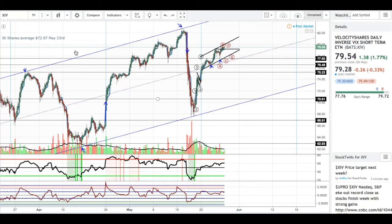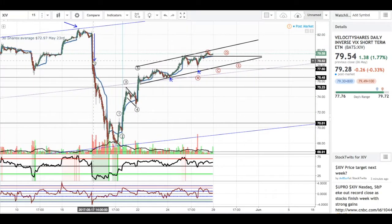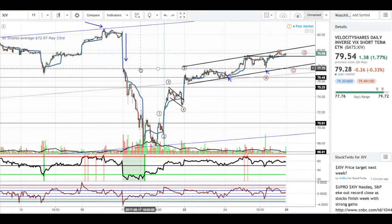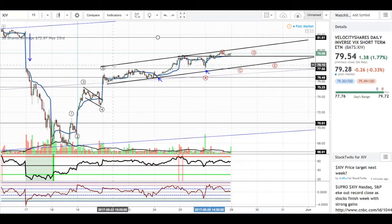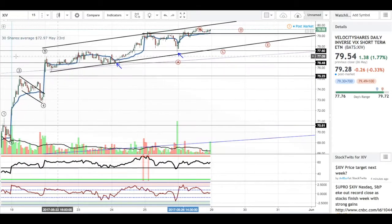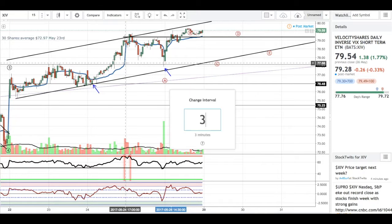Anyways, let's zoom in a little bit more. We got this big drop down. There's a gap here. Actually, let's take a look at this gap. Yeah, so there's this gap fill right here, and it looks like we're trying to fill that. So potentially our ultimate destination is going to be up here. However, we see that we've got our, what did we draw yesterday? We've got a 1, 2, 3, 4, 5. We never made an ABC retracement really, unless you want to do ABC, but I think that that's too small of a retracement. Either way, coming into today's trading range,